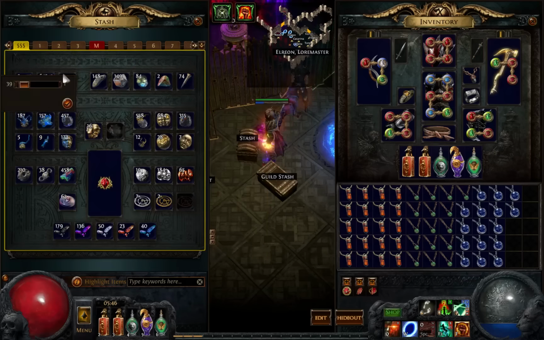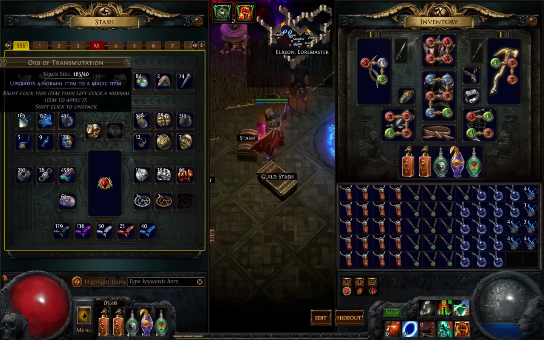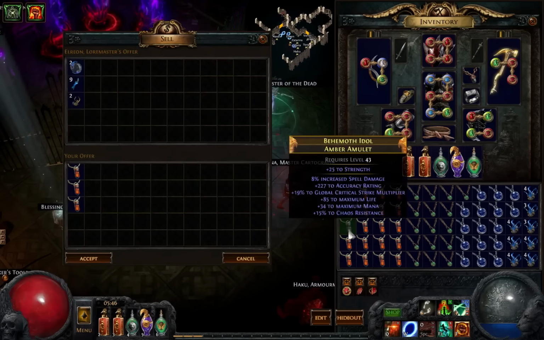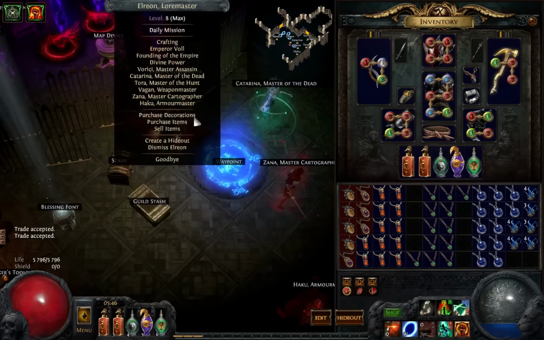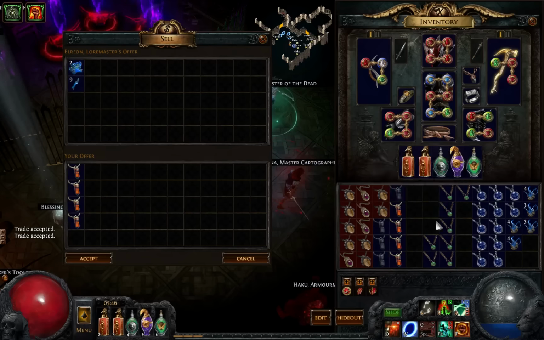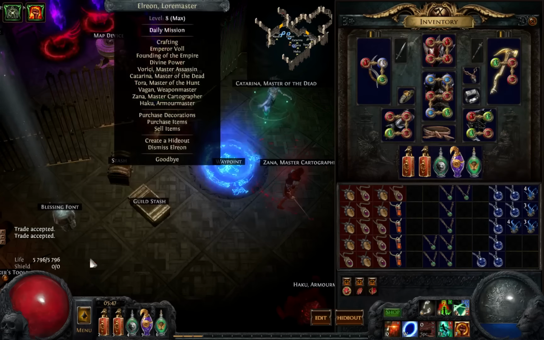And now we need some transmutes. God bless you, Exile. Okay. 4 and 4. Come on. No, that's not what I want to do. Lapis amulets, that's what I want to use now. Okay, and now should probably...